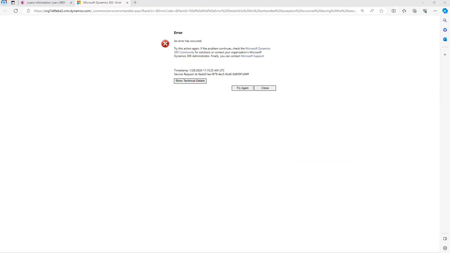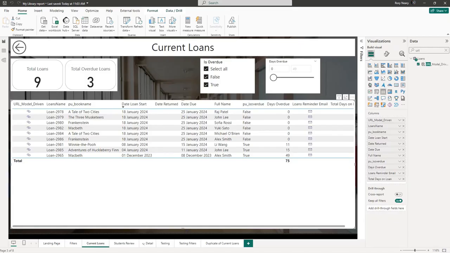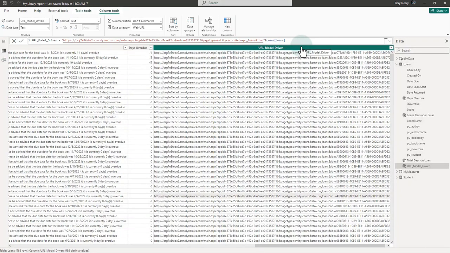Let's return to our Power BI report and see if we can see if we've made a mistake. I'm going to move on to the table view and then have a look at the formula for our URL model driven. And if I look at it, I can see that it ends with ID equals C and then a quote. It's actually adding a C to every single one of my URLs. We can change that. Remove the C, press enter,